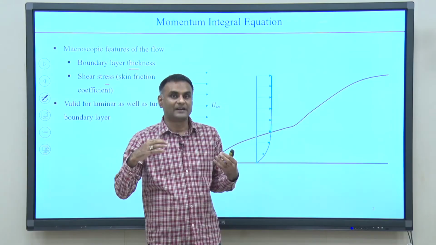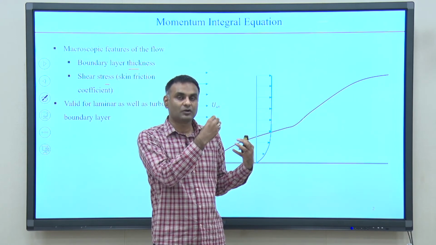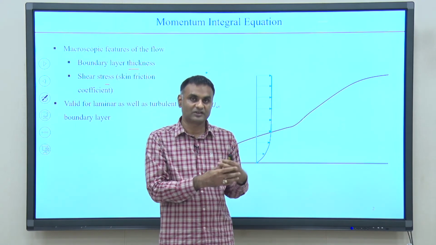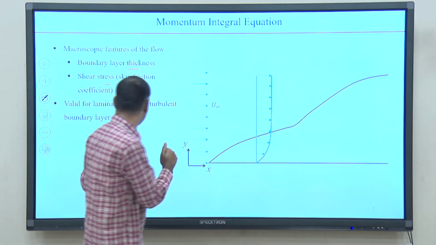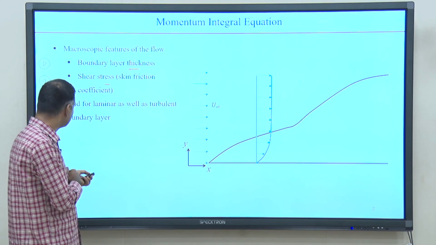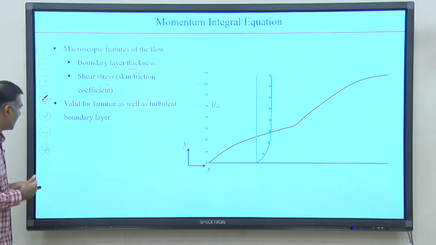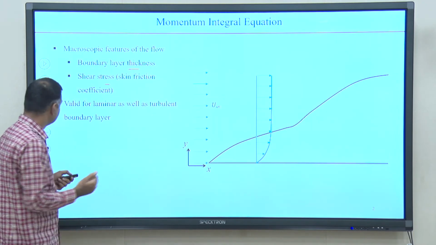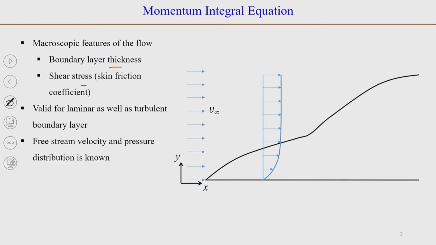So, the differential analysis that we could do accurately is for laminar boundary layers, but this analysis will be valid for laminar as well as turbulent boundary layers, and this will give us approximate values of boundary layer thickness and shear stress, and from shear stress integrated over the area we can find the drag